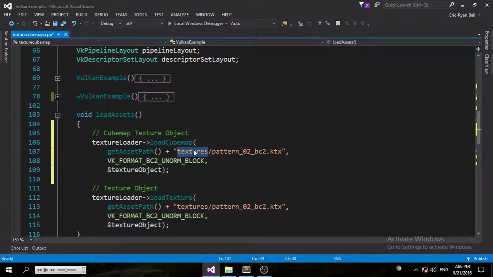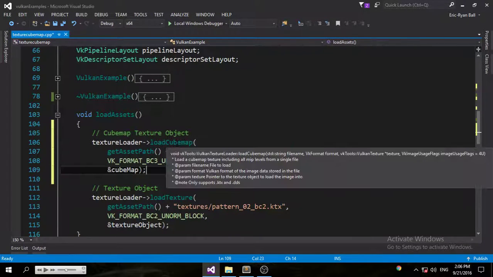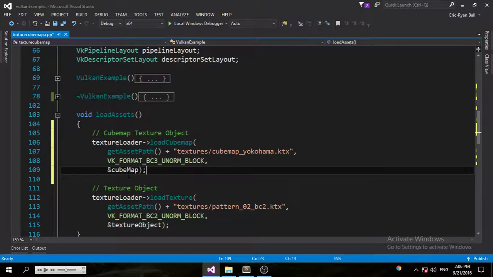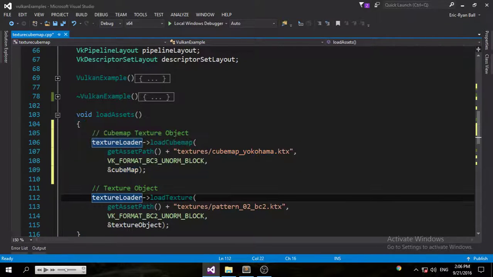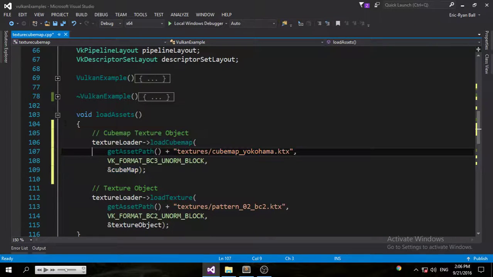Yokohama's in Japan, by the way. And then the last parameter is a reference to the Vulkan texture, and we've named our texture Cubemap. So now that we've loaded our Cubemap texture file,